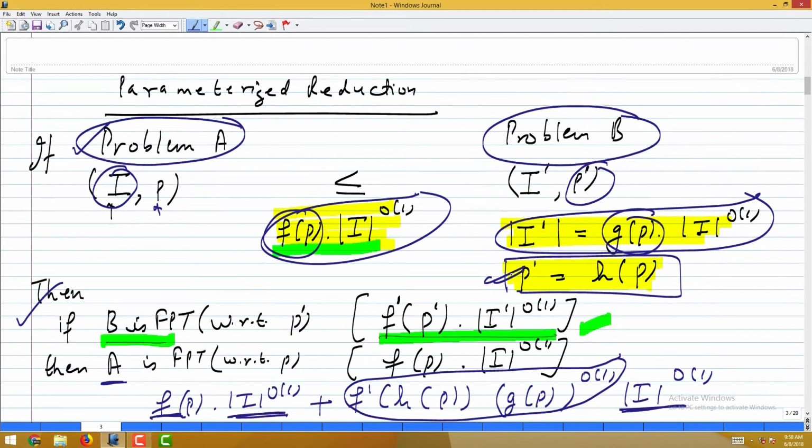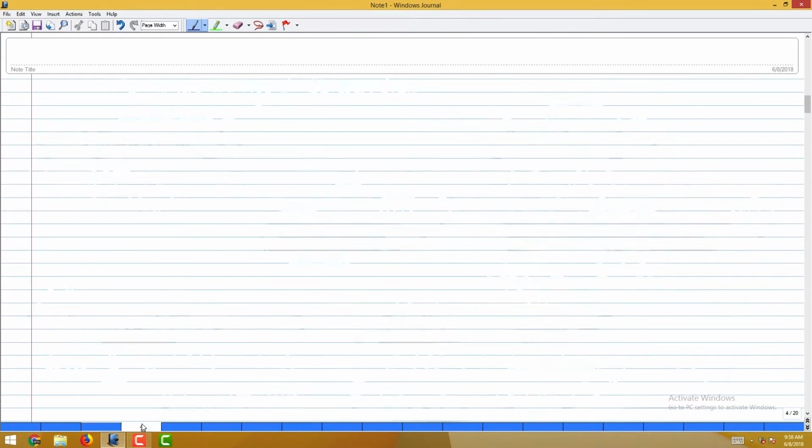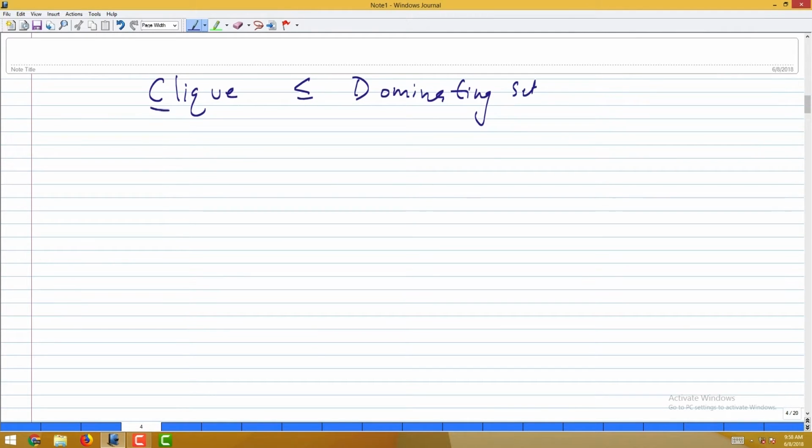So what we are going to see today, the technical contribution of today's talk, will be a parameterized reduction from clique to dominating set. Now when I say parameterized reduction, again both the problems have to be parameterized. So the parameter for both the problems is the default parameter, by which I mean if I am looking for a clique of size at least k, the parameter is k. In the dominating set, if I am looking for a dominating set of size at most k, the parameter is k. So given an instance (G, k) of clique, I will create another instance (G', k') of dominating set,